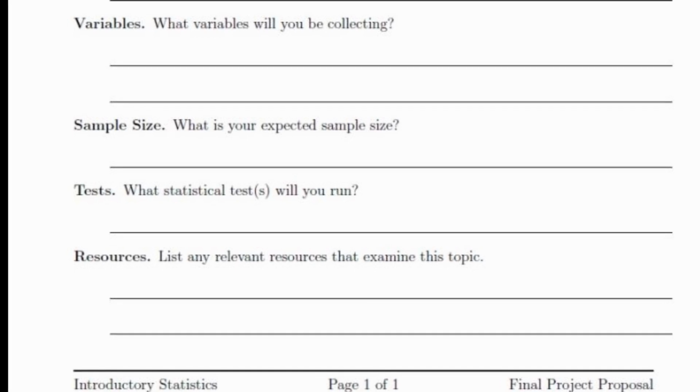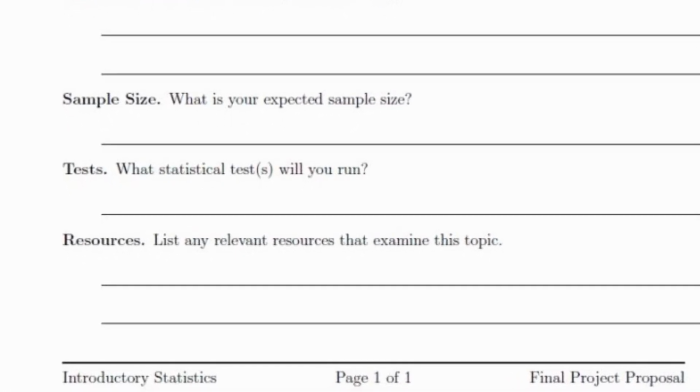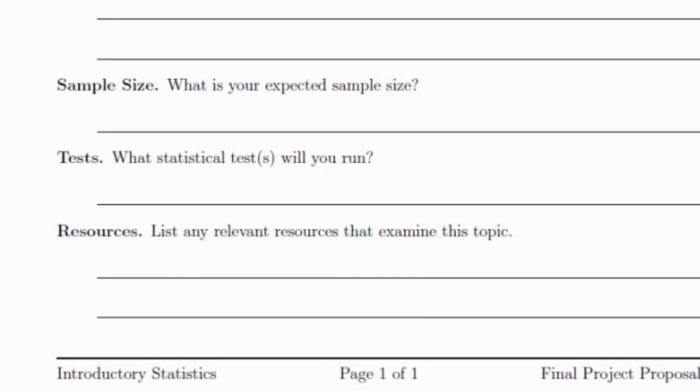One of the last things I'm going to ask for on your proposal is for you to list any relevant resources out there that are connected to your topic. Whatever it is that you're thinking about, somebody else has probably already thought of it first. Because we thought of pretty much everything by now. You've heard that there's nothing new under the sun. Oh, but there are some wonderful things under the sun, and I've seen the most incredible studies. Everything from whether fish have feelings, to whether pigeons are able to distinguish between good children's paintings versus bad children's paintings,